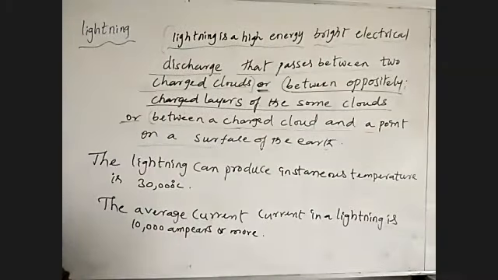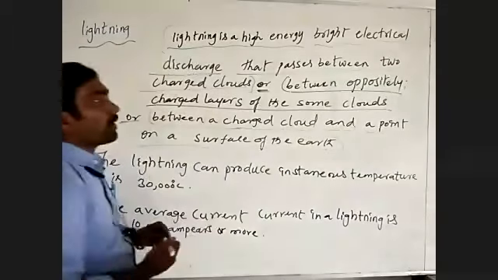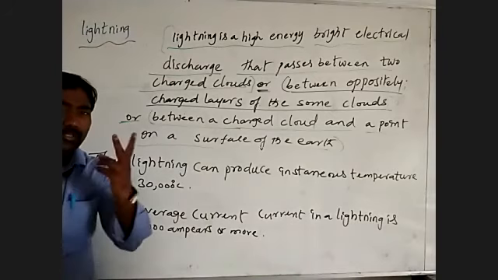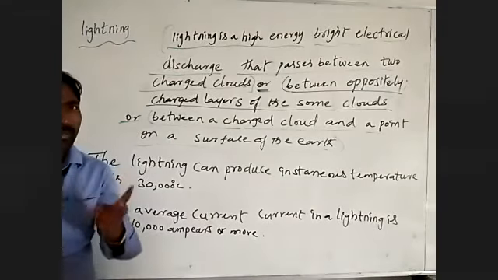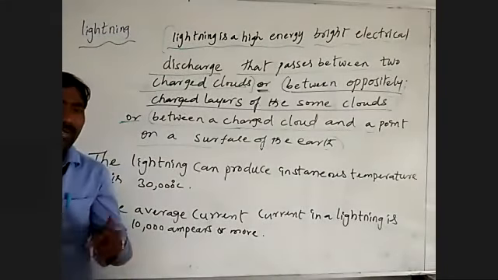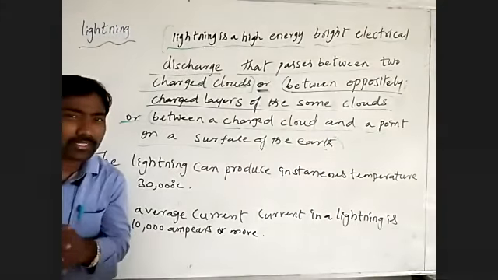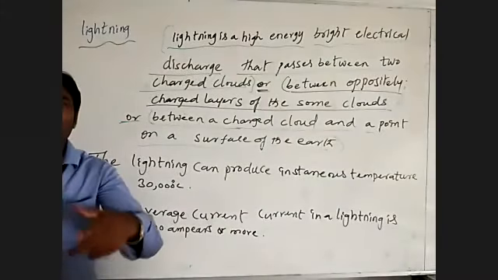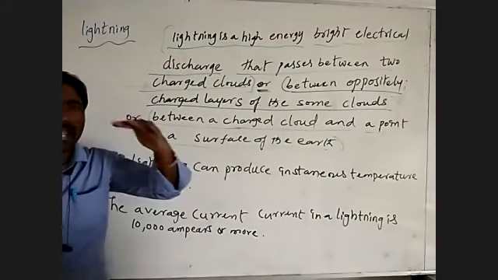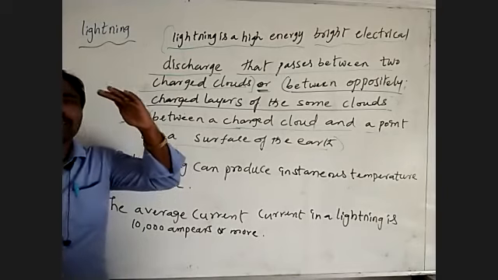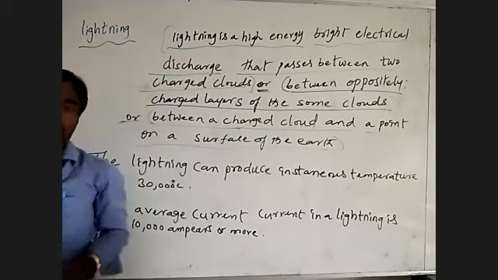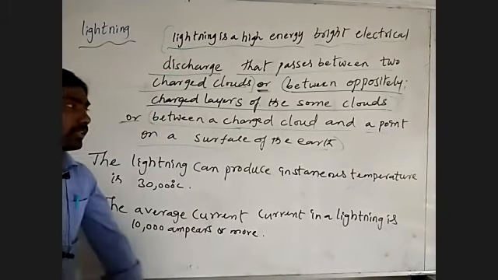Three situations we discussed before, three different types of definition. There is a possibility of discharge of negative charge between two charged clouds, otherwise between one charged cloud and another uncharged cloud, otherwise from one charged cloud to any point on the surface of the earth. Any point means the negative charge discharged from the charged cloud should be made neutral by the earth. The earth delivers a positive charge towards a peak of the surface of the earth. That's why a point on the surface of the earth.